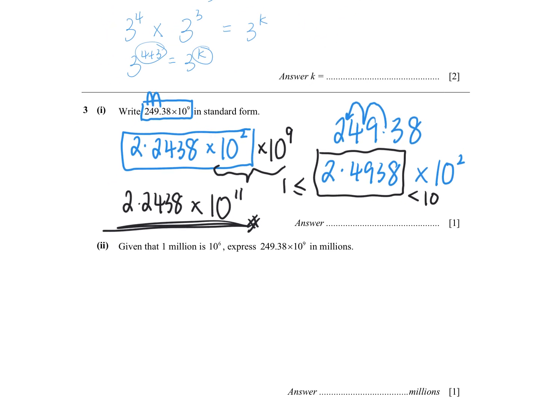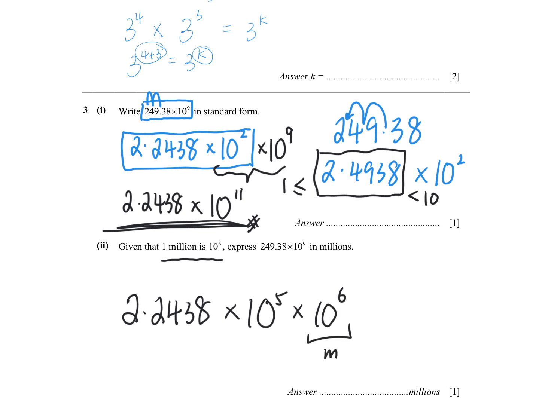Okay, so once you know the standard form for this, they say 1 million is 10 to the power of 6. So what happened is, I want this thing to become 10 to the power of 6. So I split it as 5 and 6. This is the million I want to keep. They add up to 11, right? So to evaluate this part, I need to shift 5 place values. So 1, 2, 3, 4, 5. So it will be